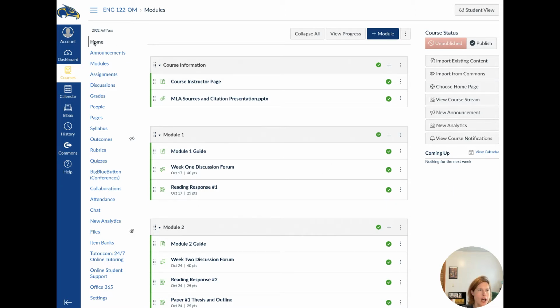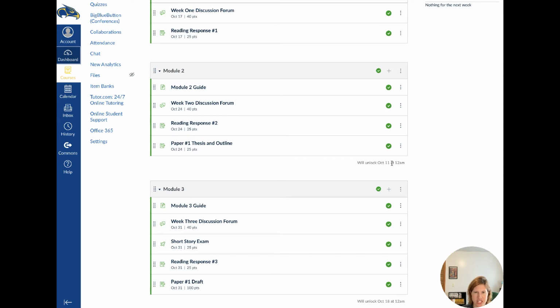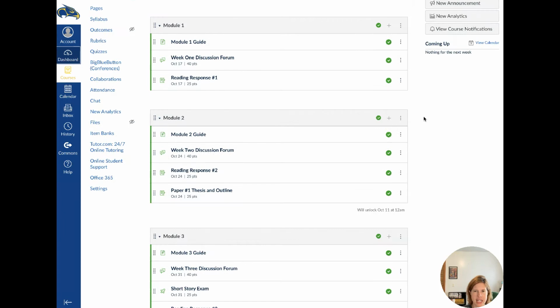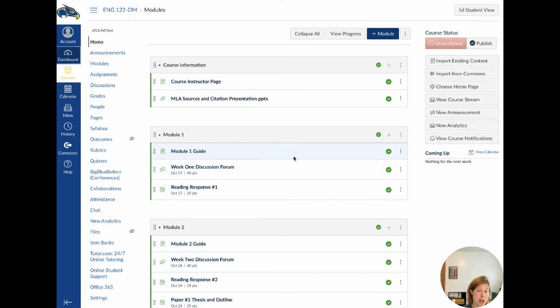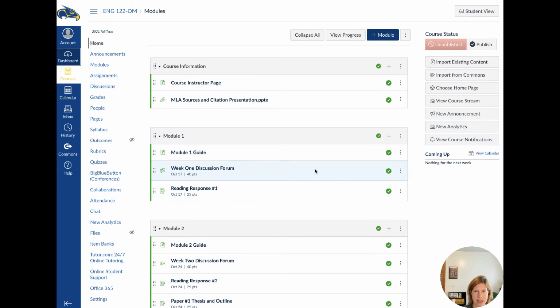On our homepage here, we're going to go over this little section in Module 1, but you can see some of these I've noted will unlock at certain times. Module 2 will also be open. I try to open everything a week ahead so that you can start working on projects and assignments if you want to work ahead. Or you can just stick with Module 1.